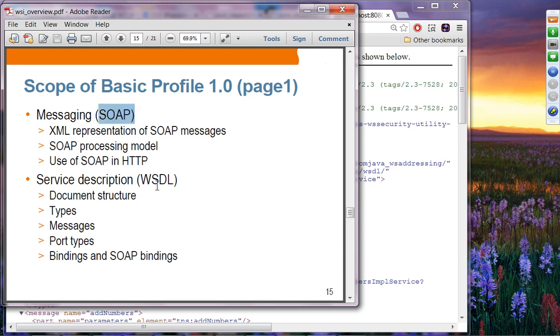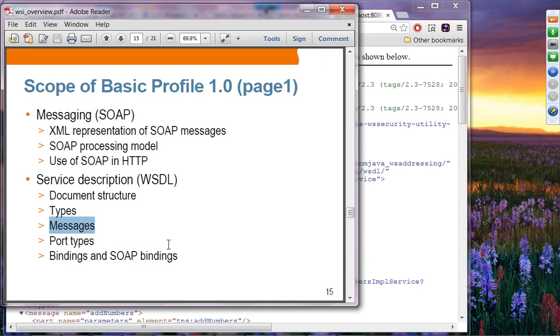In SOAP and WSDL, they define several rules relevant to the XML representation of SOAP messages, the SOAP processing model, and the use of HTTP with SOAP. In terms of WSDL, they talk about document structure, types, messages, port type, binding, and things like that. One of the things we talked about was that the message definition in your WSDL document has to point to an element rather than a type.